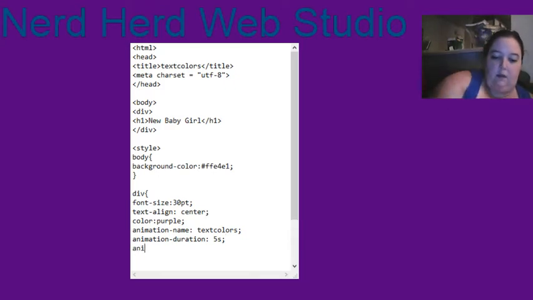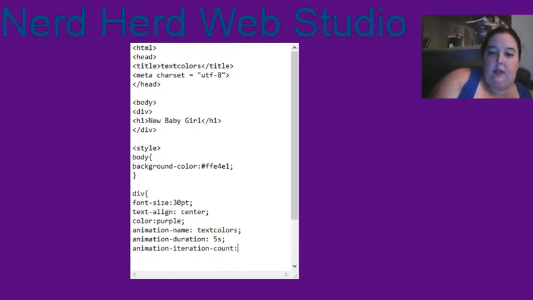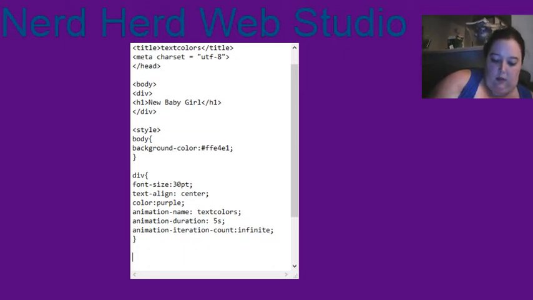And then you've got your animation iteration count. This lets your browser know how many times you want that animation to run. Now we would like this animation to run indefinitely till you close the browser. So we put infinite, and then close curly braces. Now, we're going to do at keyframes, text colors,